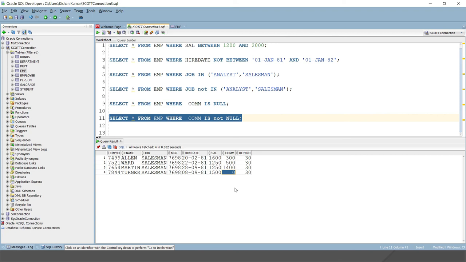So these are the things I wanted to cover in this video tutorial. I hope you understood these special operators. These are very important when you write a SQL query, and especially if you are fetching data from multiple tables using joins, then you are definitely going to use these operators. So guys, big thank you for watching this video, and see you in the next video tutorial.